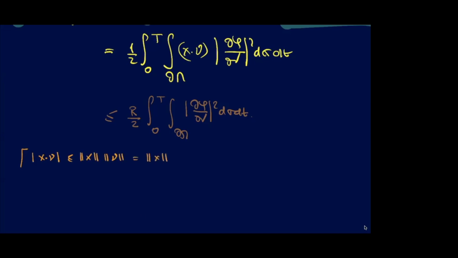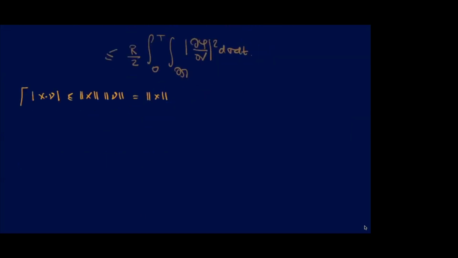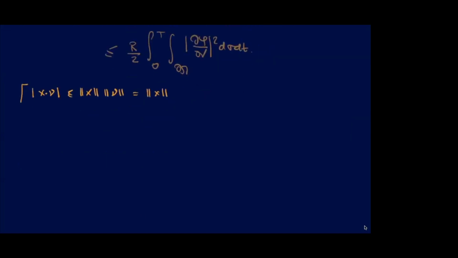Mu, by definition, is the normal unit vector. And what is the norm of x? Well, we have a domain omega. Assume the center of gravity, there is no symmetry on this domain, right? So the center of gravity of this domain could be anywhere, and the origin is here. So when you look at x, you can always say that this is less than r, where r is the maximum for x belonging to omega bar of the norm of x.